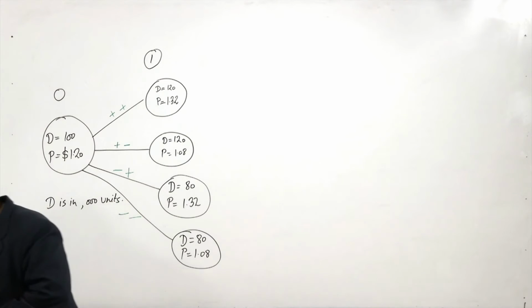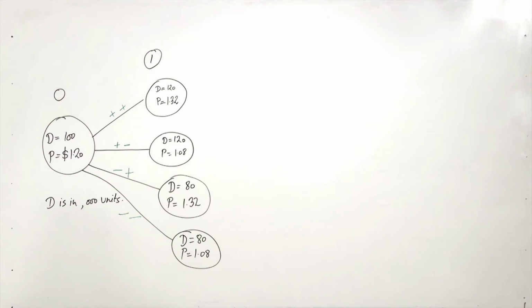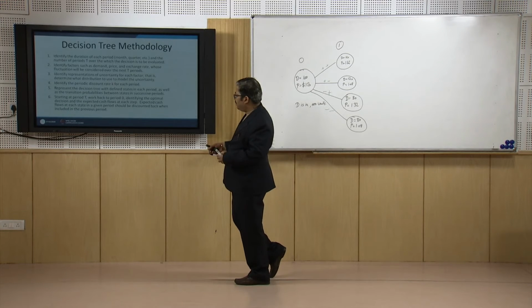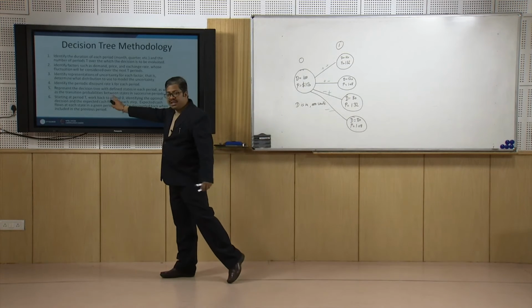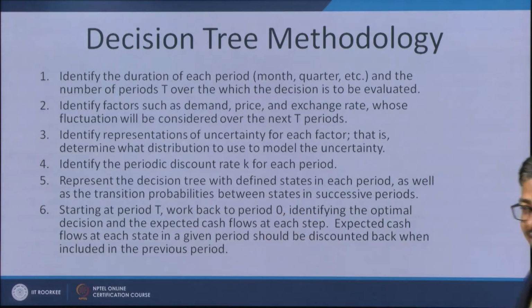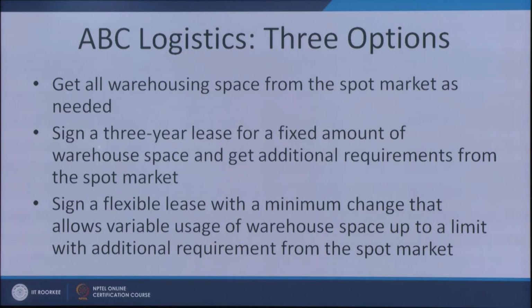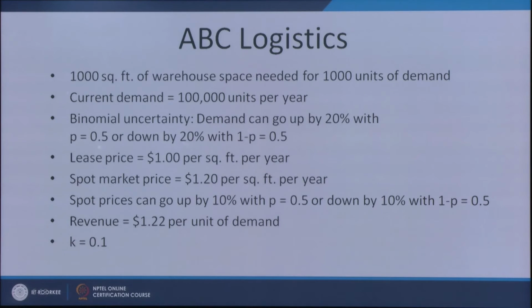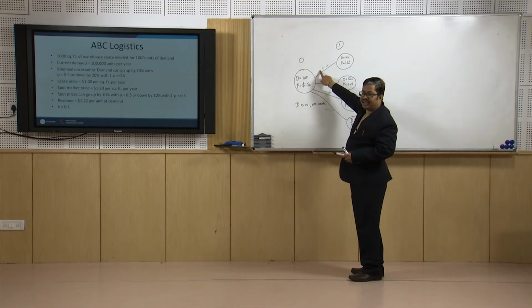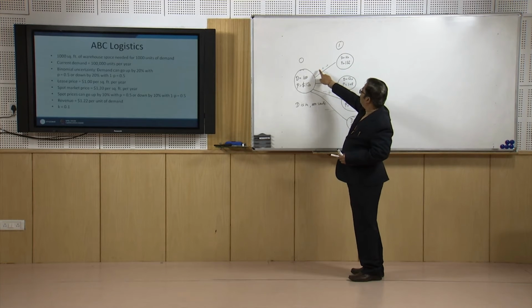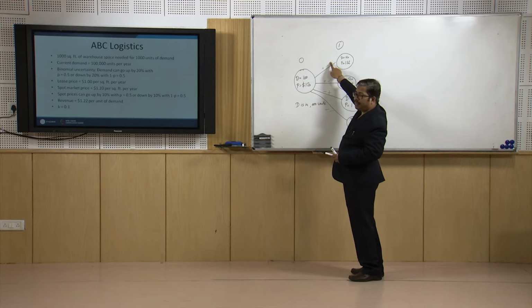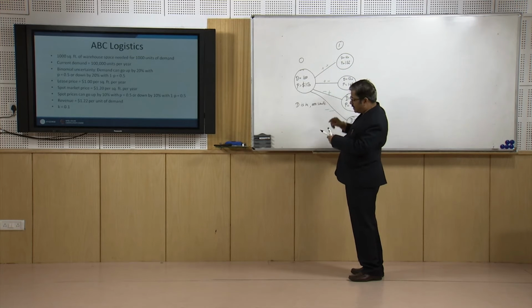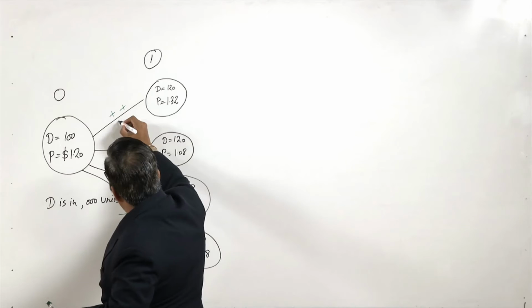If you go back to our earlier slide, we need to assign the transition probabilities also, this is step number 5. So, now we will assign the transition probabilities: the probability of increasing the price is 0.5, probability of increasing the demand is also 0.5. So, the transition probability here is 0.25,